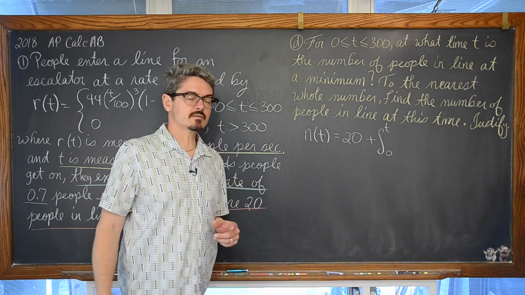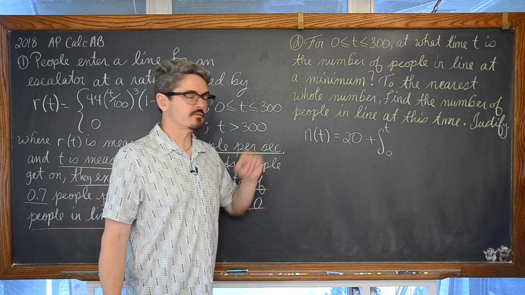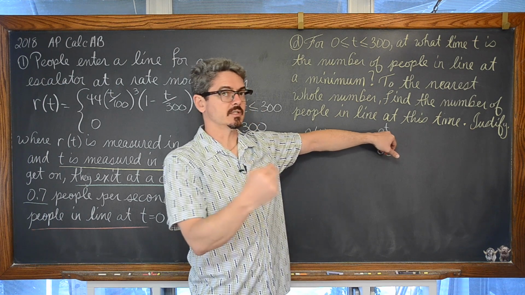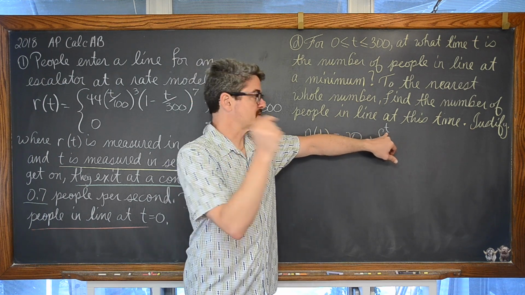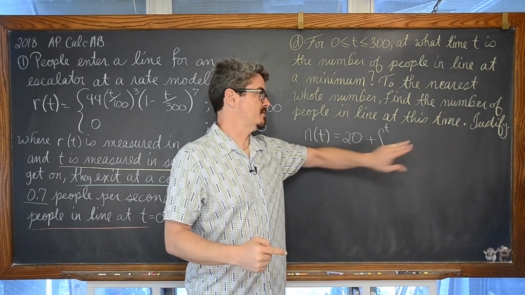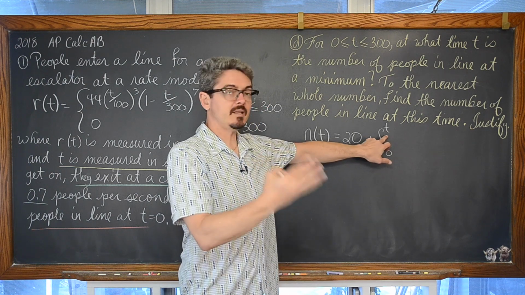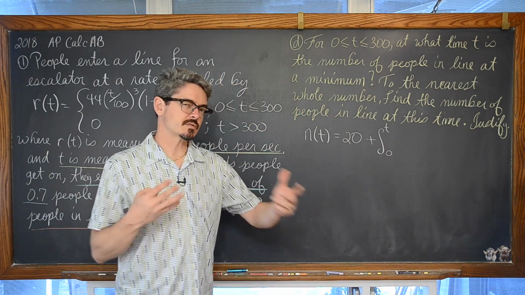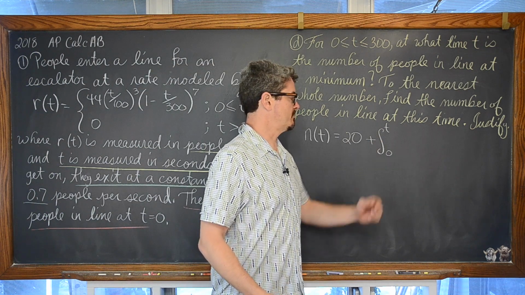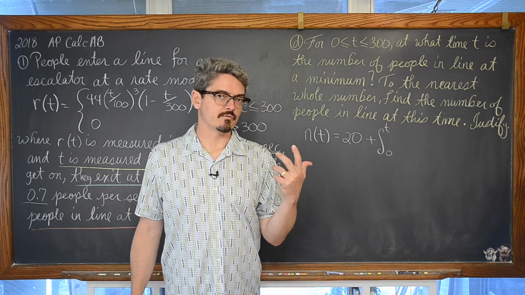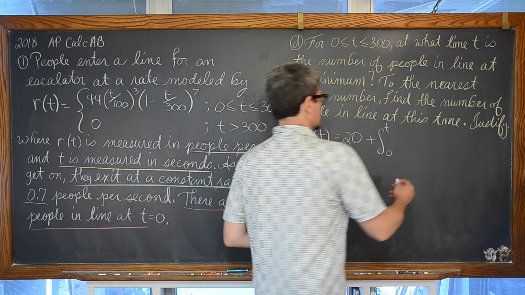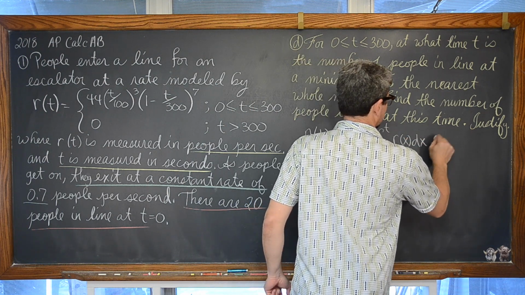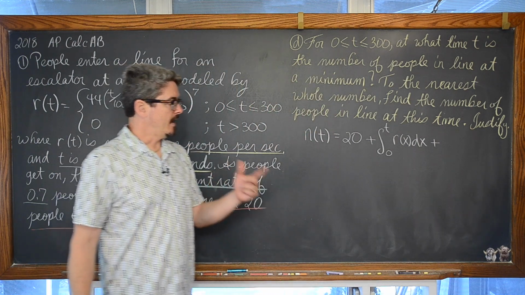And I want my independent variable to be t, and I want basically an accumulation function where not at some specific point in time integrating a rate of change to get an amount of change, but just at any point in time. So that means I need to use a different variable in my integrand just to separate the variables and make it clear which one is for the integrand and which one is for the actual variable limit of our definite integral. So we're going to say r of x dx,